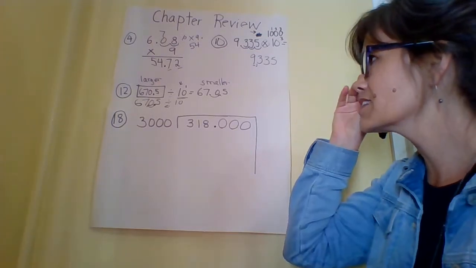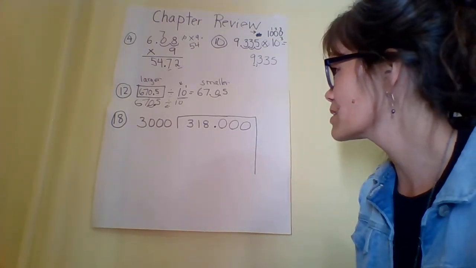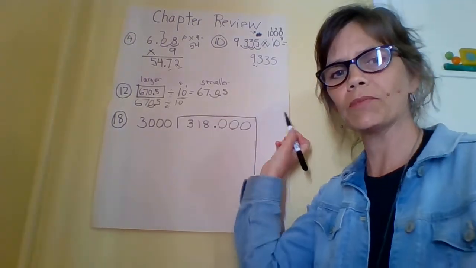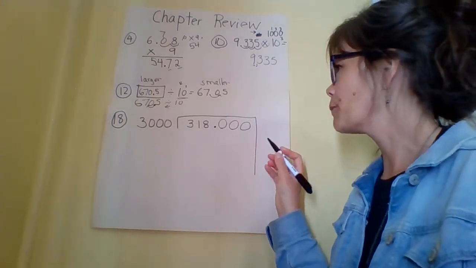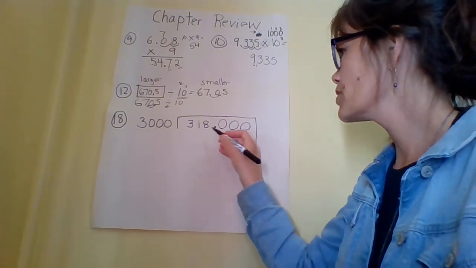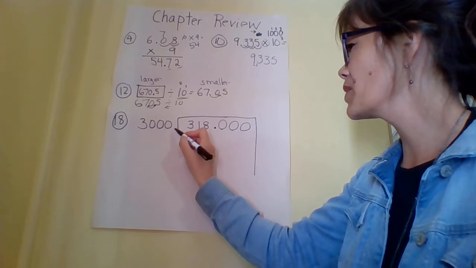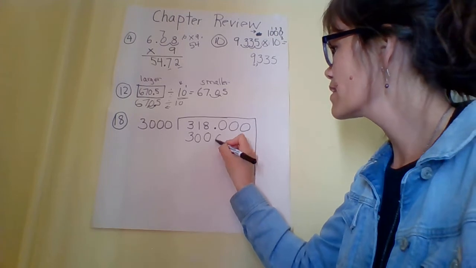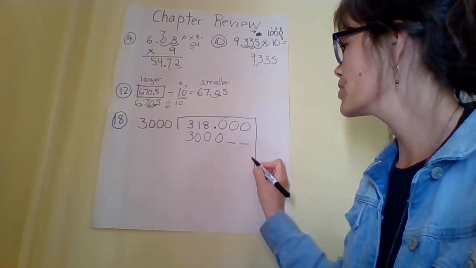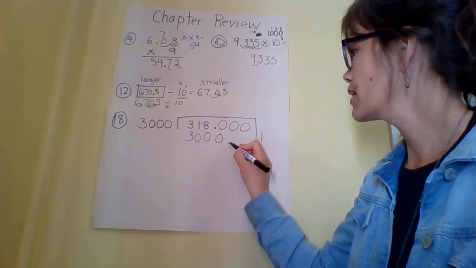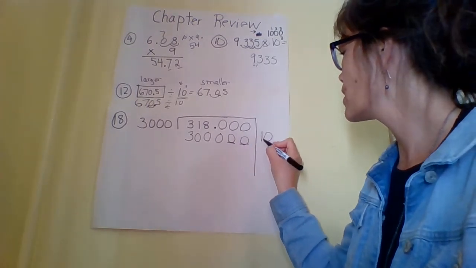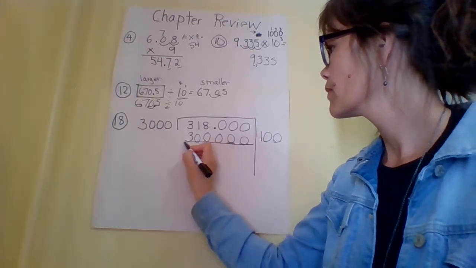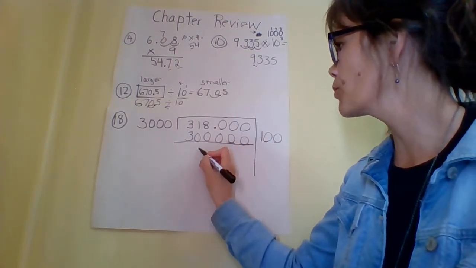But in this case, it didn't ask me for a rounded answer. It asked me for the full answer, so I'm just going to put in my 3 zeros and see what happens. So I put in 3 zeros and I start, and I say 3,000. I want that 3,000 to be right there. And how many more zeros do I need? I need 2 more zeros. That means I'm multiplying 3,000 by 100. And then I take this giant number away,